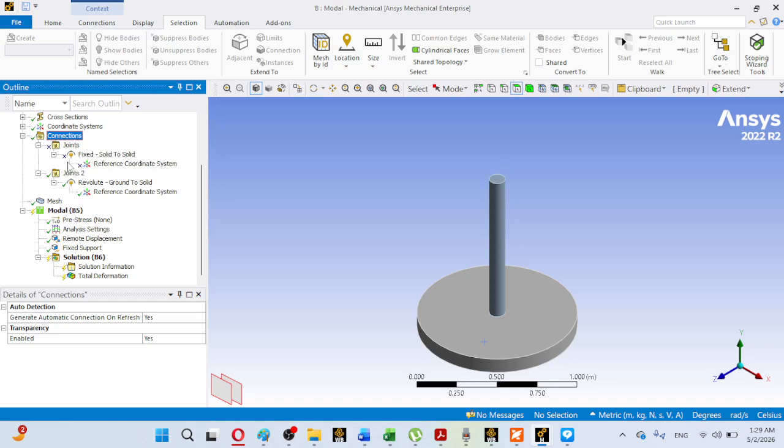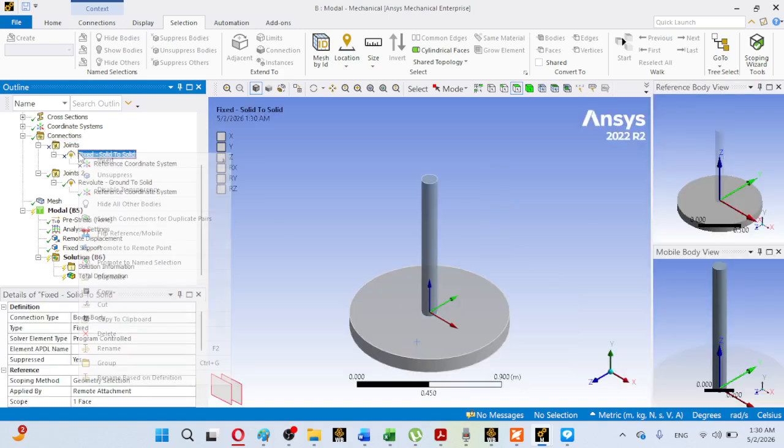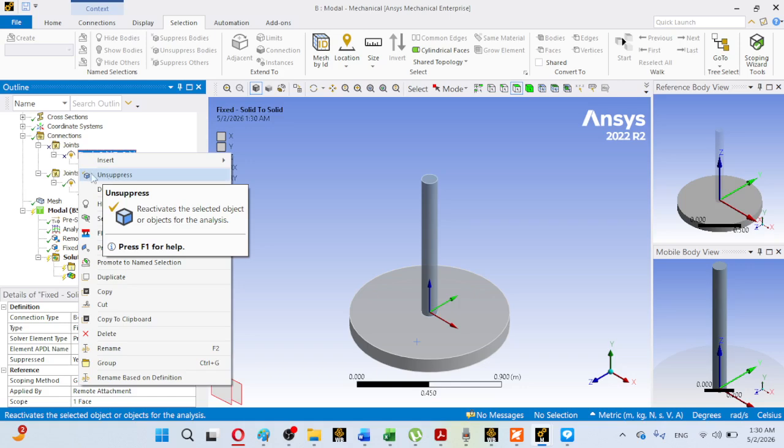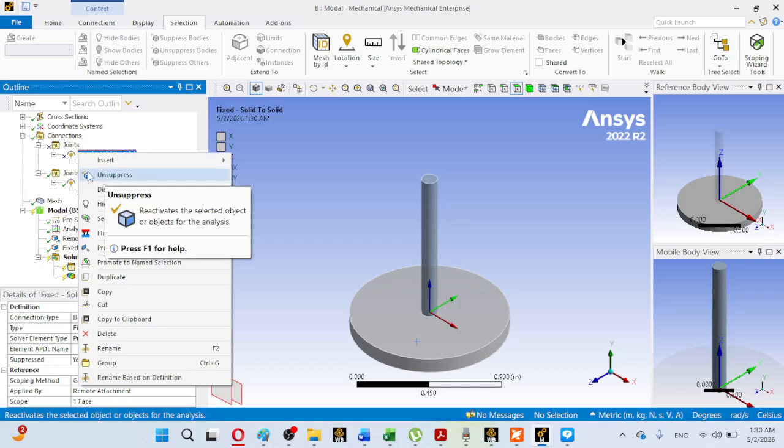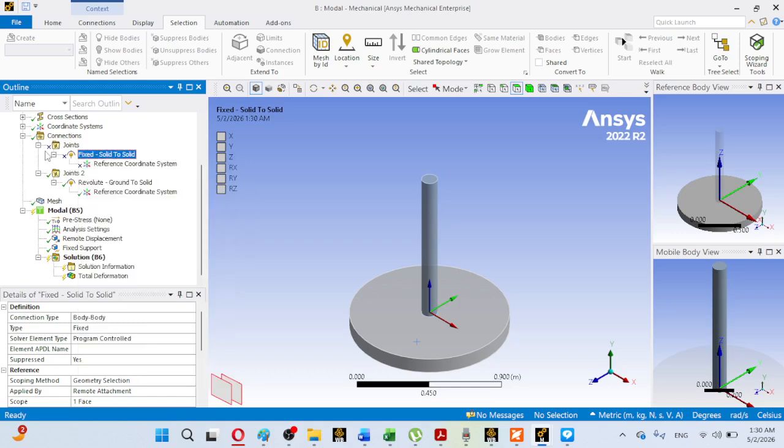That joint, as you can observe here, I have clicked on it, and it is mentioned as unsuppressed. When it is unsuppressed, that joint will be available. So here suppress will be mentioned, and you will click on it. A cross will be put here, and in this way the original fixed joint will be suppressed, meaning it will not be available and will not have any effect on our analysis, and only this joint 2,